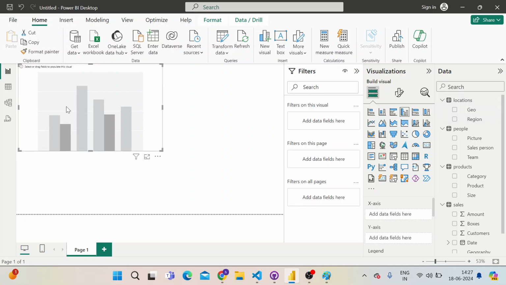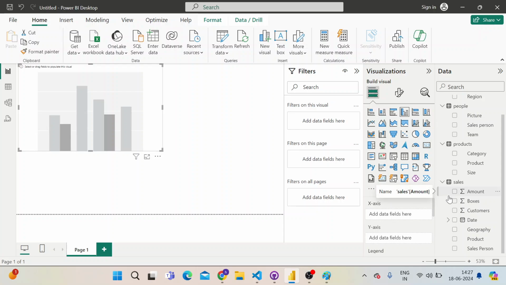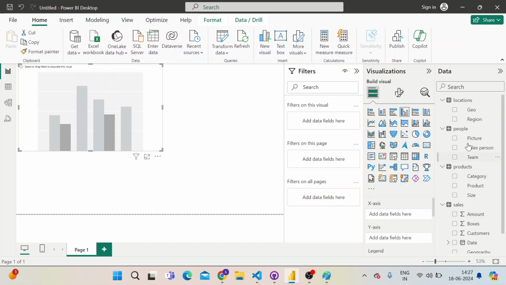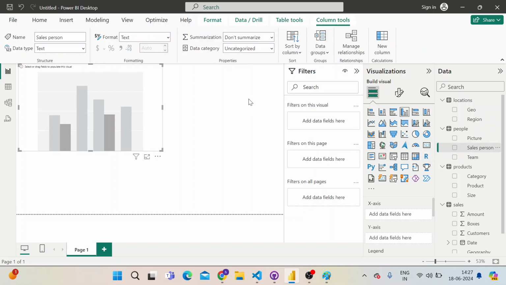But let's say right now we have just the detail. Let's say we want to categorize people with geography locations. Okay, so this is sales, this is sales person. Before even going there,